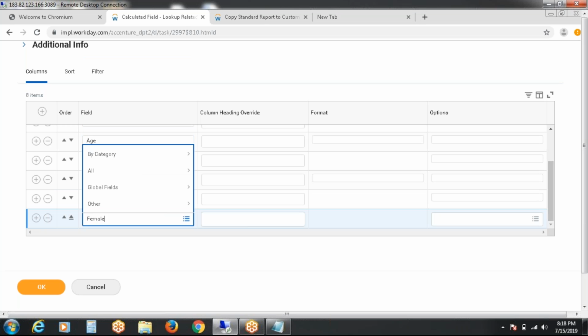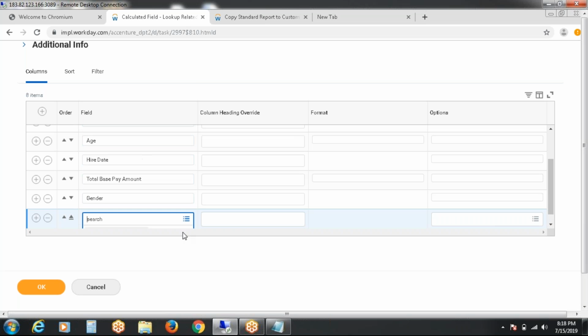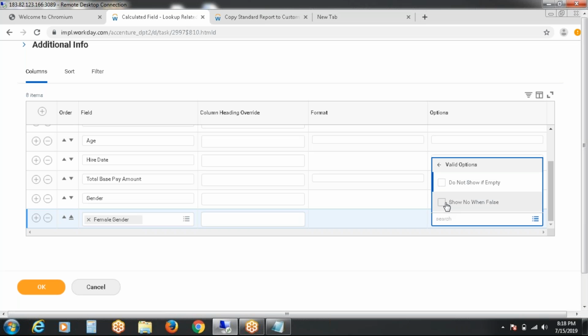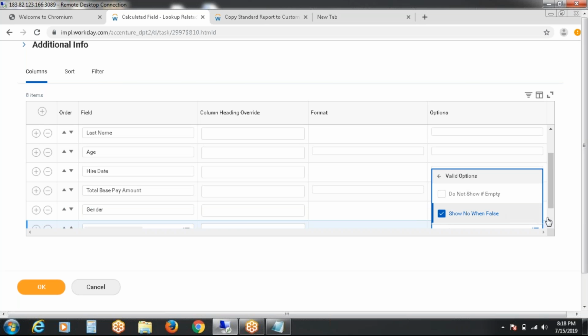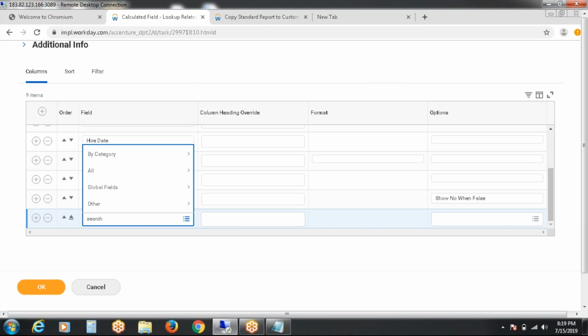I want all gender details, male and female, but in another field I would like to see if any female gender is there, that the female gender details will be available as yes. If male gender is there, the data will be available as no. So if any false item is there, the result would be no. And please select another thing, dependents.